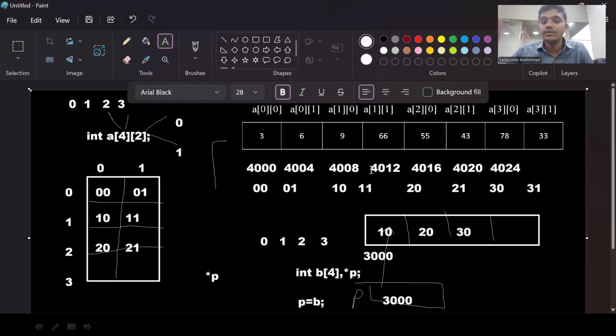Accordingly, we have a base address for everything. The base address is nothing but the first byte address. The first byte is the address of the first element, the fourth is the second element, the fifth, and so on. Now, before going to the two-dimensional array with pointer, let me revise